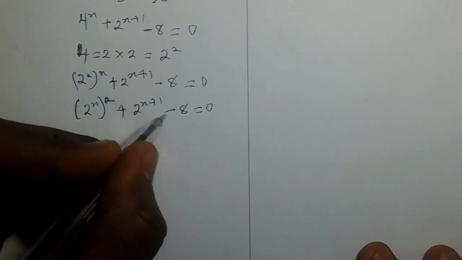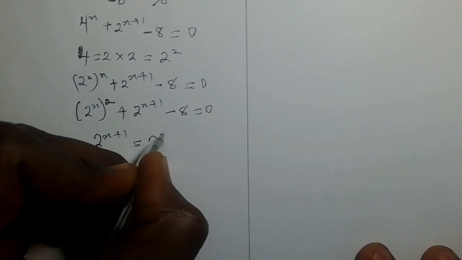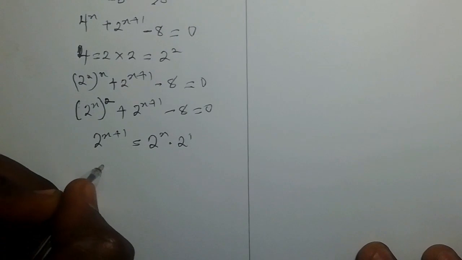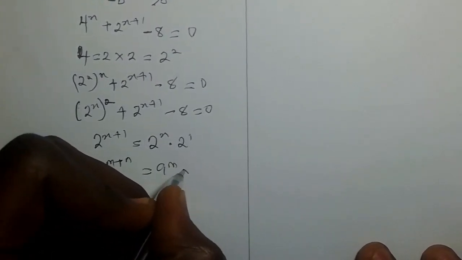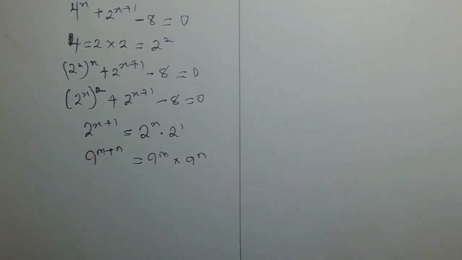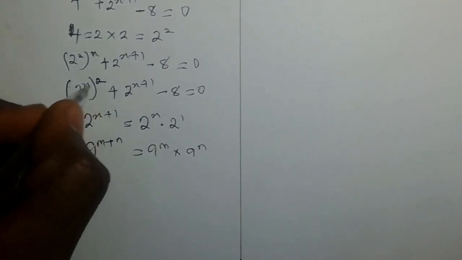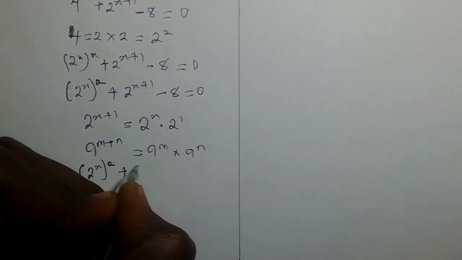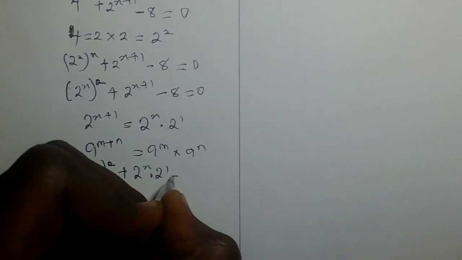So 2 power x plus 1 can be written as 2 power x times 2 power 1, because using this law, a power m plus n is equal to a power m times a power n. That's just the law. It's one of the laws of exponents, so we can apply it here. This will be 2 power x squared outside, plus 2 power x times 2 power 1, minus 8